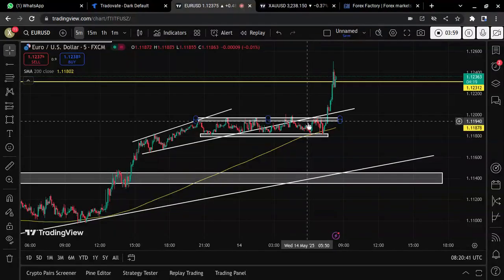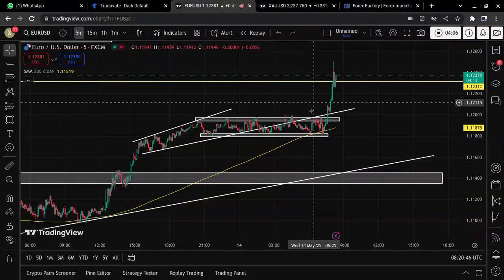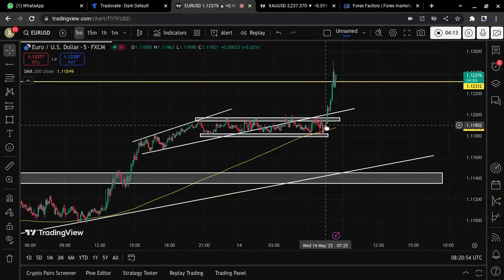So I'm like, okay, for it to have this big, huge candle, there's a high tendency that it might actually go up, which I should have just waited for the breakout. But still, I took it. I took the buy and I was waiting, so it went all the way down, still ranging